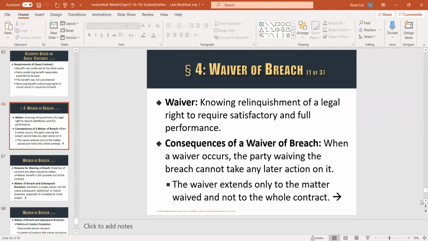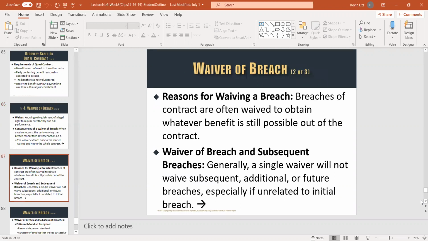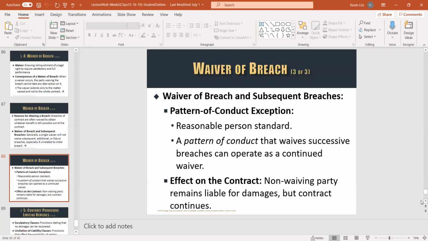Waiver: you might have a contractual right, but then you might agree not to enforce it. You don't enforce it, you don't do it. That's known as a waiver, okay? And if you voluntarily and knowingly waive your contract right, then you can't later argue that, oh, gee, there was a breach. I'll let you read through waiver.